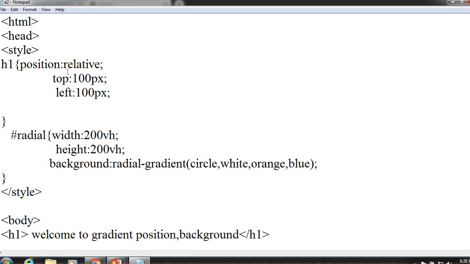Here we have given the position relative. Now again we can have the border if we require. For example, I will give 5 pixels with a solid line.